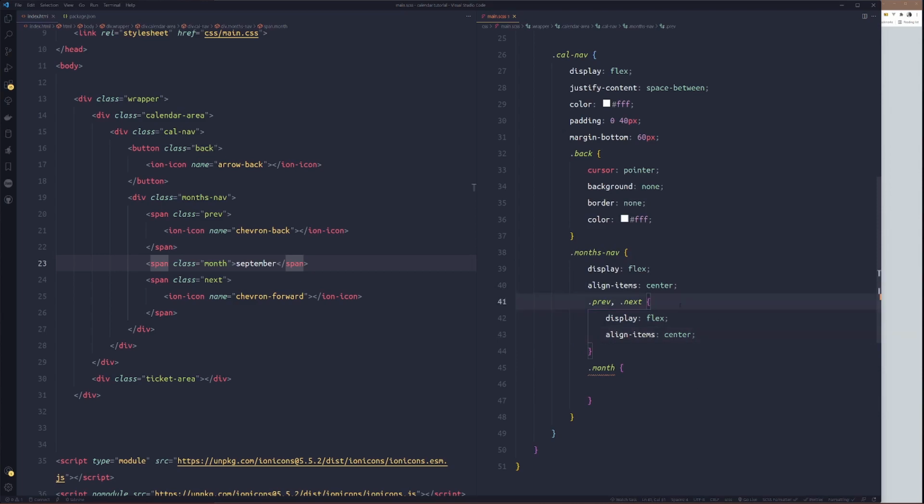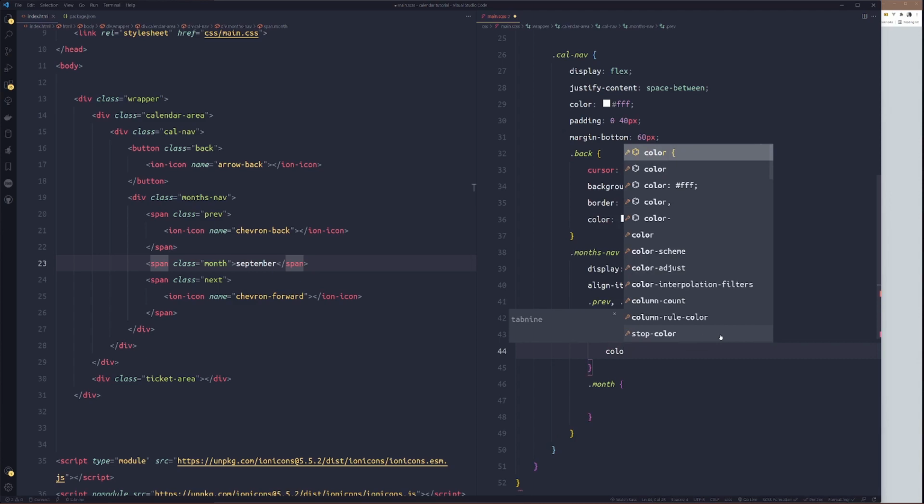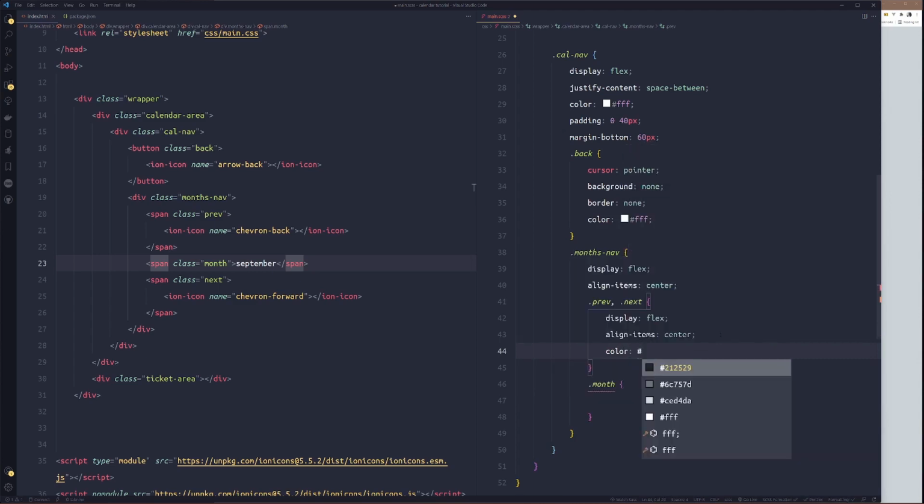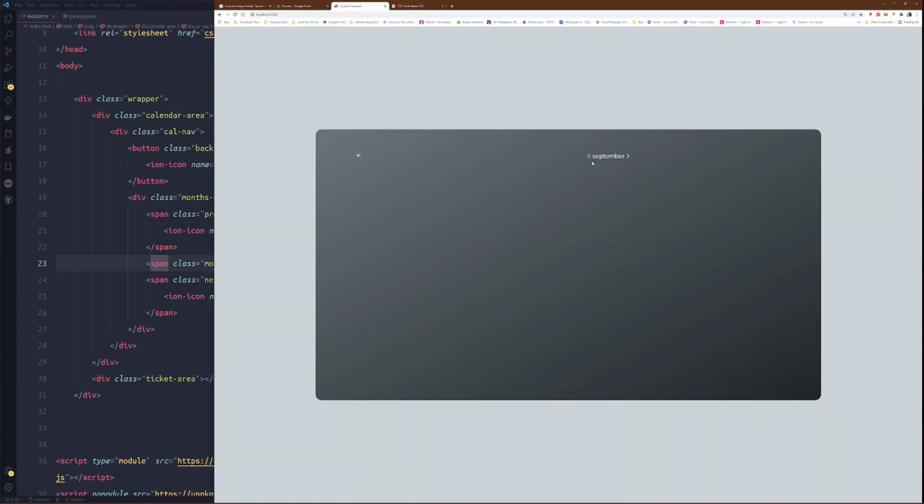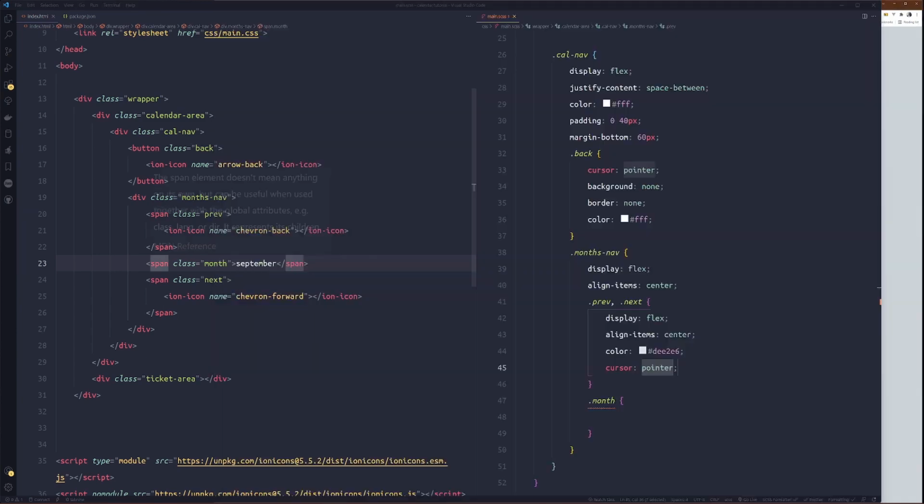All right, so let's see, we'll set the color. So ash, DE to E6. Okay. Then cursor to pointer like this. So we need to space them out.